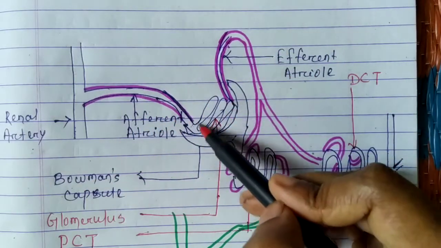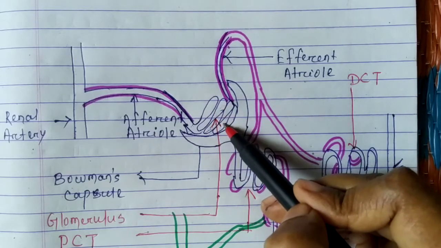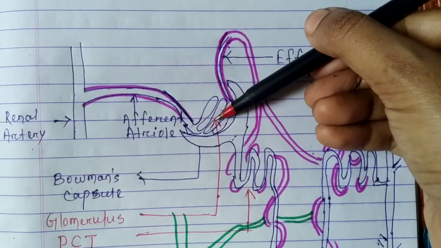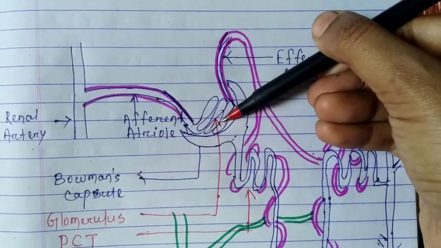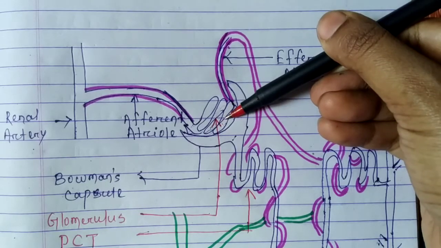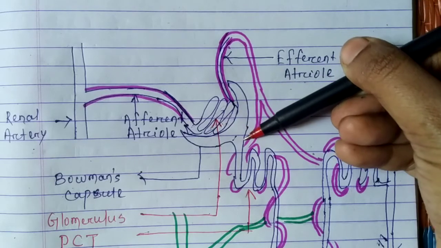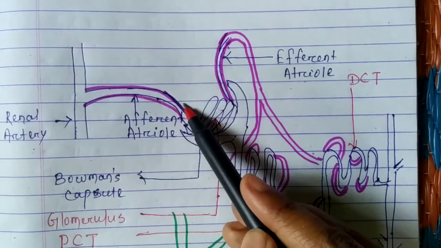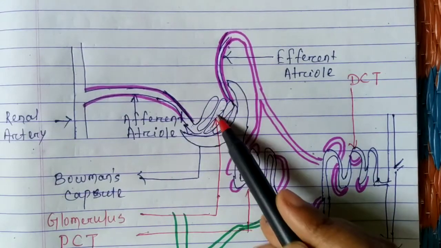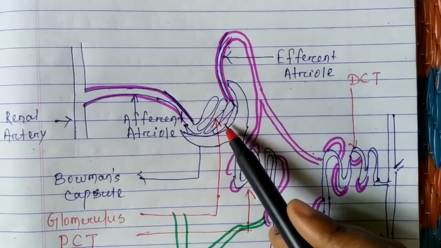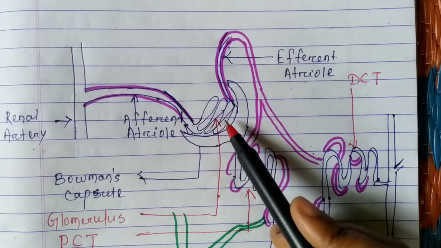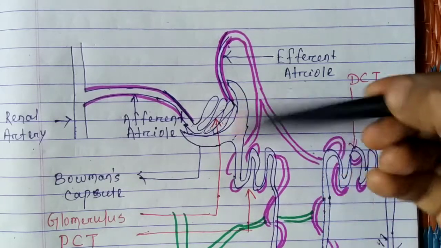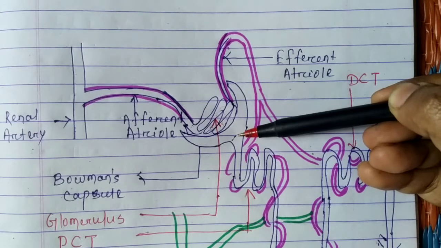So due to this, a pressure is created in the glomerular region, and due to that pressure, a large amount of water, we can say, with waste substances and along with some useful substances, is filtered into the Bowman's capsule. This pressure is created because this is a wider lumen and this is a narrower lumen. The blood capillaries have a narrower lumen, and that is why, as pressure is created, a large amount of water, some useful substances and some waste are filtered into the Bowman's capsule.